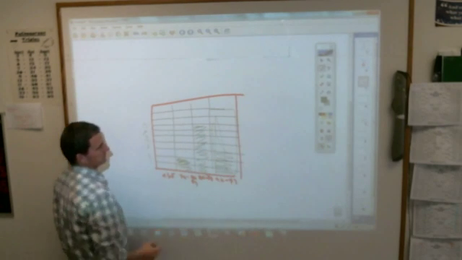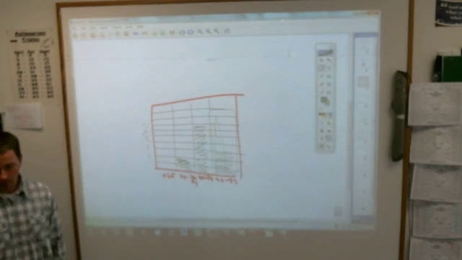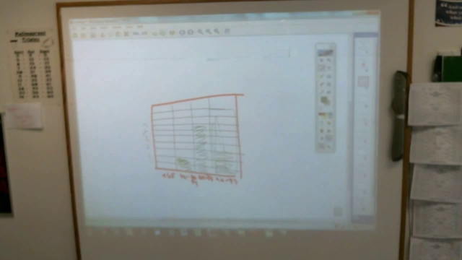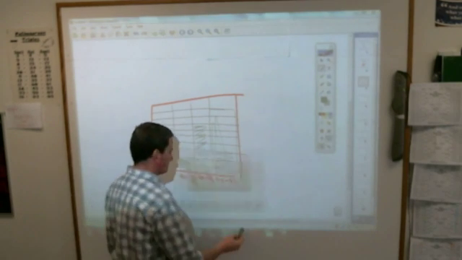And that is your histogram of that. Did you take that test